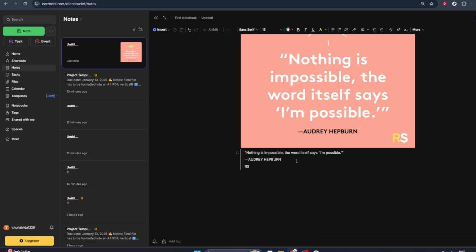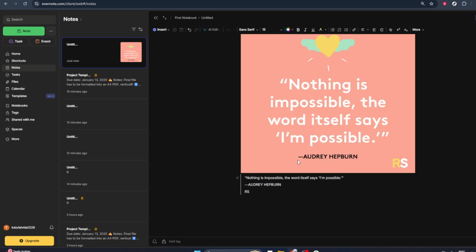From here, you can review the text, correct any recognition errors, and format it however you like. It's a good idea to quickly compare the transcription with the original image, especially if the image quality or handwriting isn't perfect. And that's all you need to do. By selecting a note, inserting an image, and using the transcribe option, you can quickly turn visual text into something